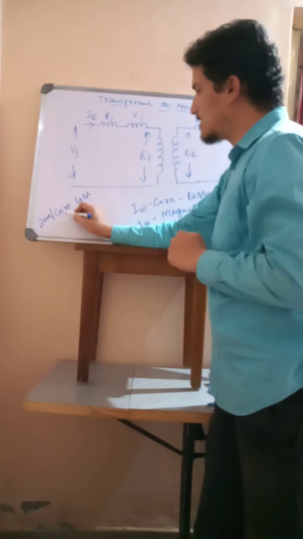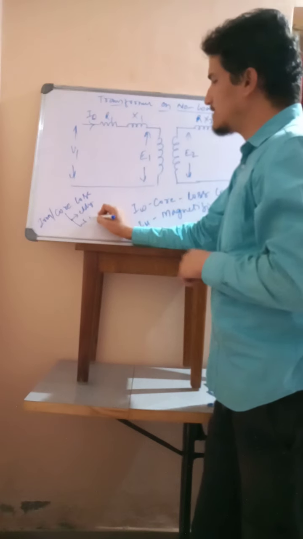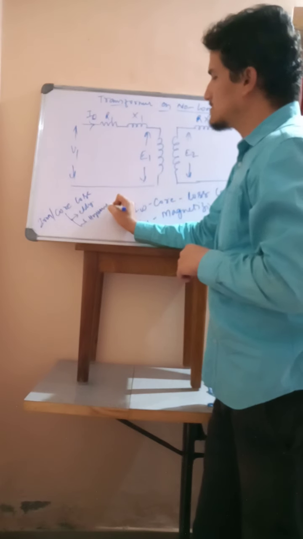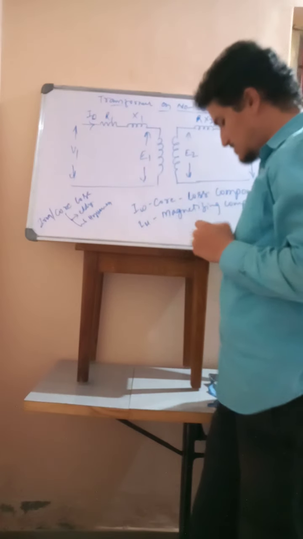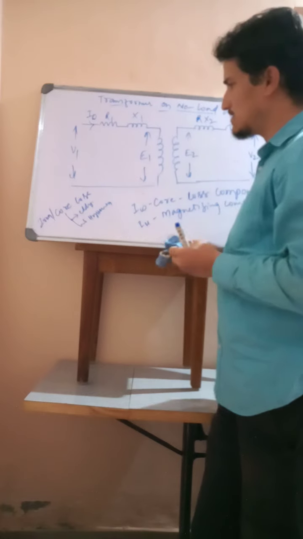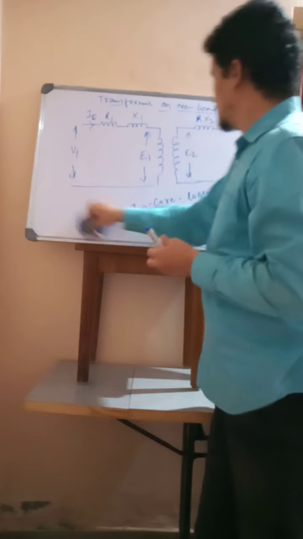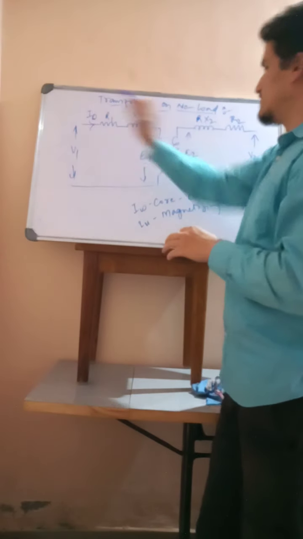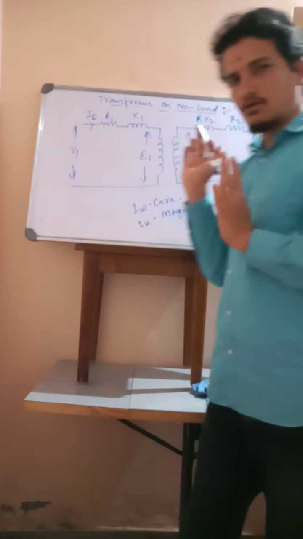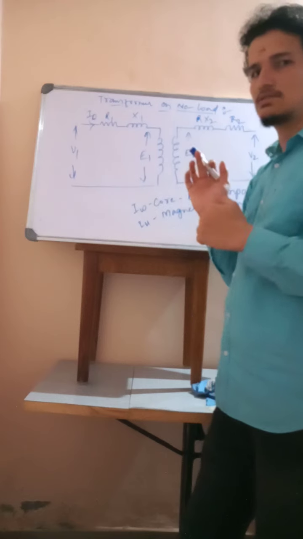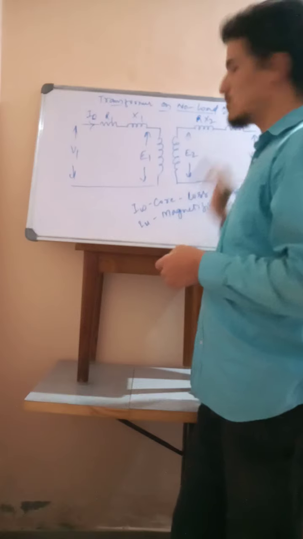So this core loss has two types again. One is eddy current loss, which I have explained, and the other is hysteresis loss. This core loss is the constant loss. I will explain why, and about the losses in detail, in the next video. Just to know, this part of the current, I omega, is responsible for the core losses, the constant losses. What are those core losses? Hysteresis and eddy current losses. It is the part of the current that is responsible for core loss.